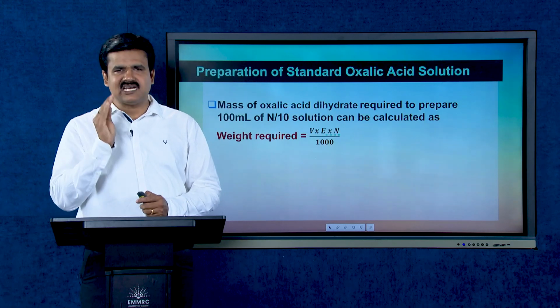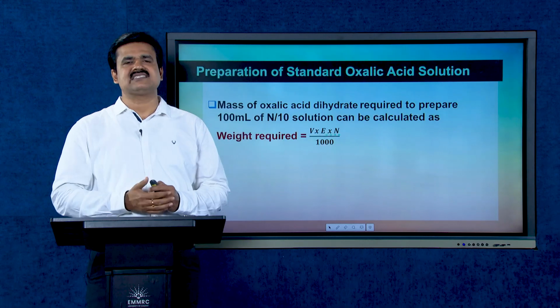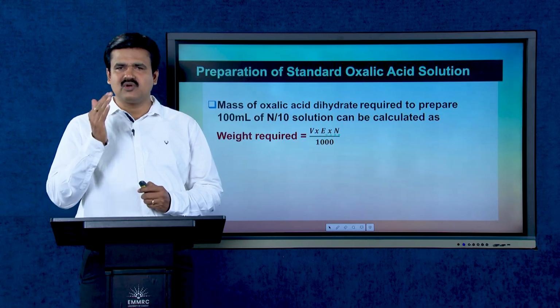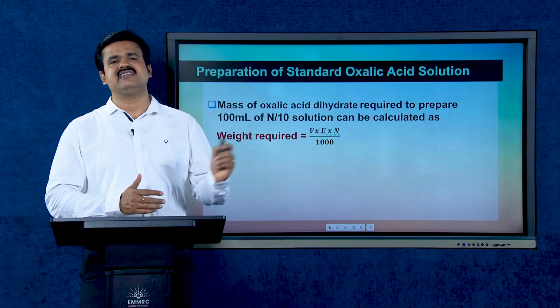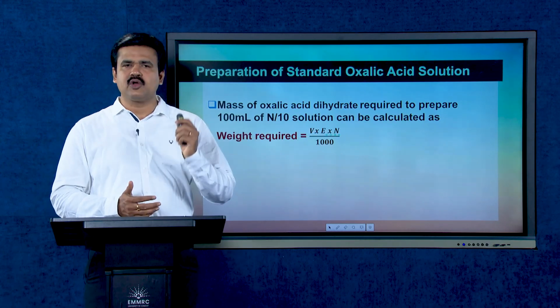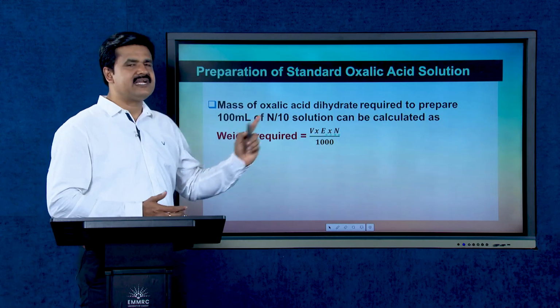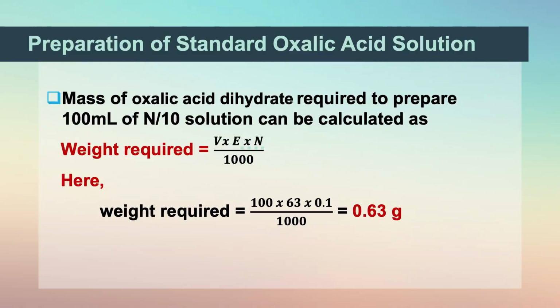V is the required volume, that is 100 ml. E represents the equivalent mass of oxalic acid dihydrate, that is equal to 63. And N represents normality of the solution to be prepared, that is equal to N/10 or 0.1. Substituting these values, we will get the weight required as 100 into 63 into 0.1 divided by 1000, that is